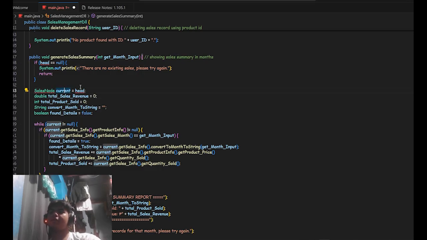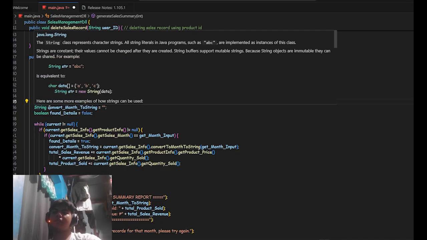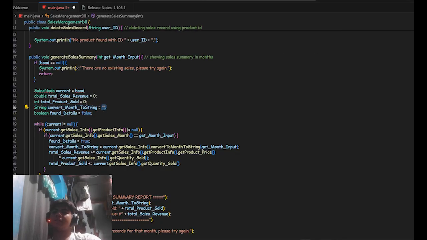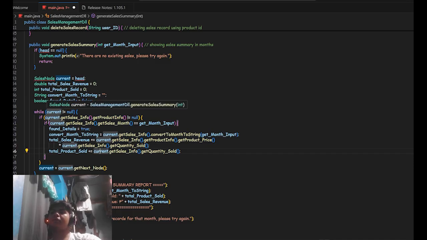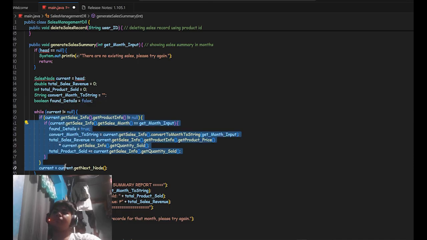Then setting the current to the head, the total sales revenue to 0, the total product sold to 0, a string convert month to string as an empty string, and a boolean form details equal to false, and create a while loop. So while the current is not null, we will have an if statement inside the while loop.